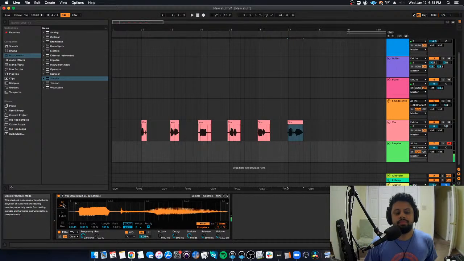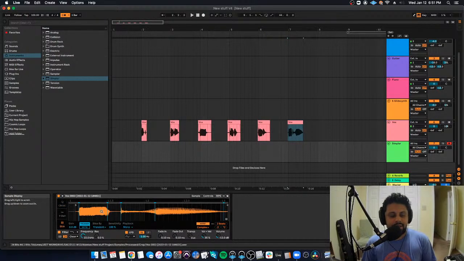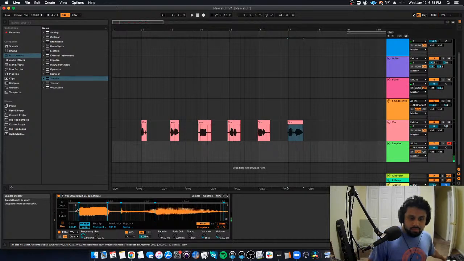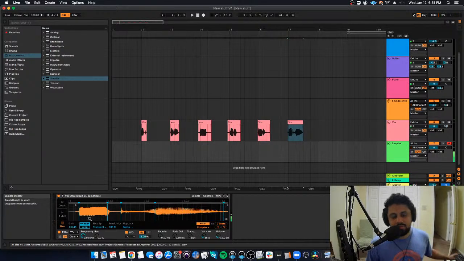Fuck you. Right? And then finally, you have slice mode, where within the simpler, you can further slice up your sample. But remember that the first slice is assigned to C0, which is like 2 octaves down. But every note above that is a new section, a new slice of the sample. So this is C0,